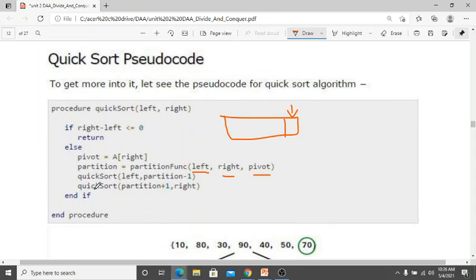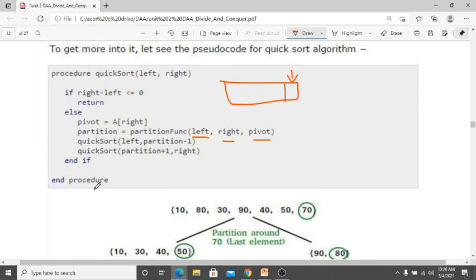Then quicksort left to partition minus 1. When we get the left partition, whatever the partition is, you should do minus 1. For the right side, you must add partition plus 1.